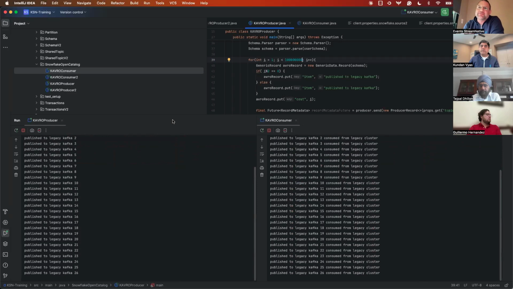So here on the left, you can see it says it's publishing to the legacy Kafka cluster. Here we're consuming those messages that were originally published from the legacy Kafka cluster, and we're consuming them directly from the legacy Kafka cluster. So nothing to do with StreamNative yet, nothing to do with UniLink. So what we want to do is now move this application over